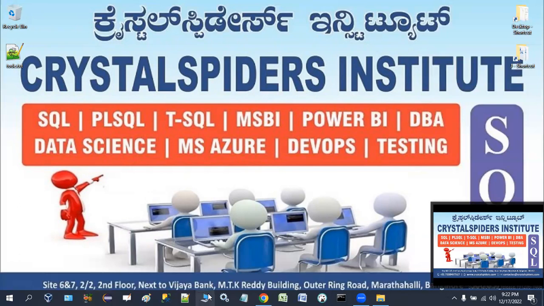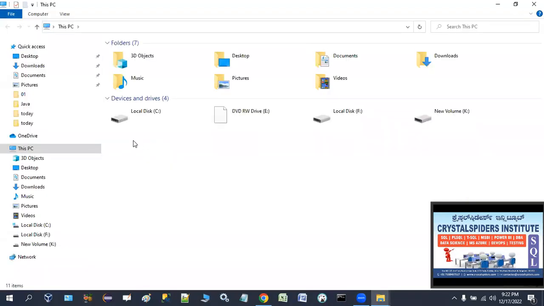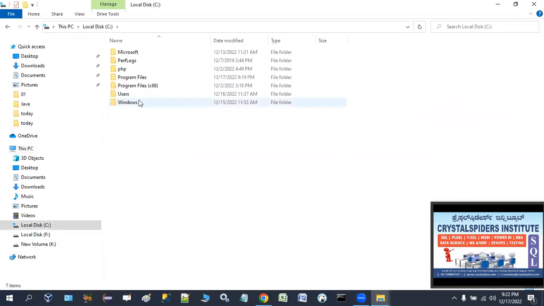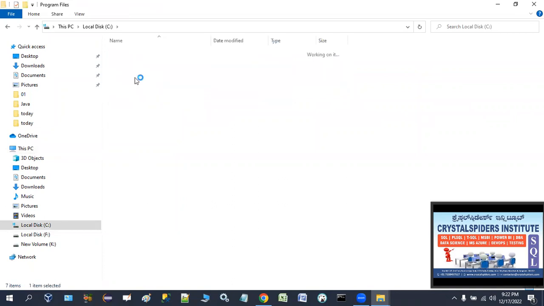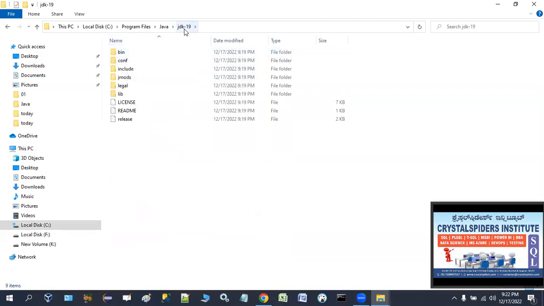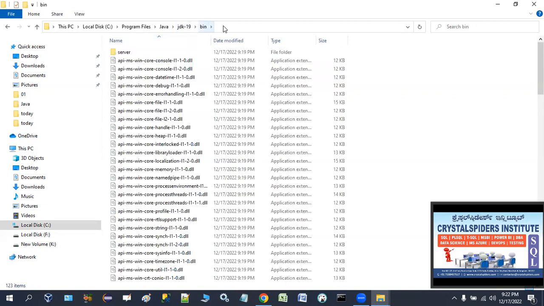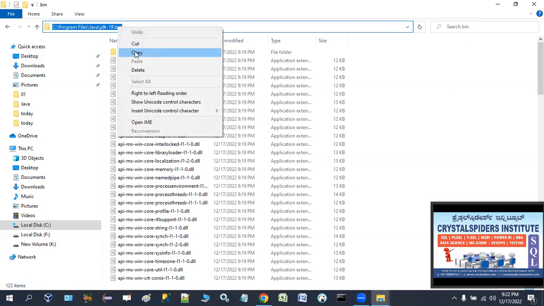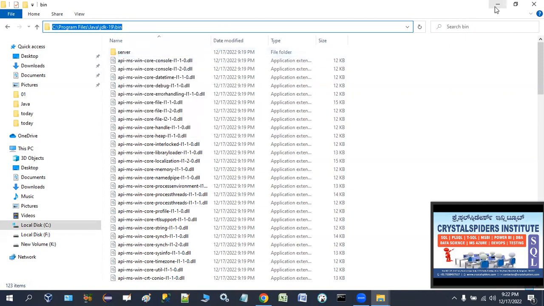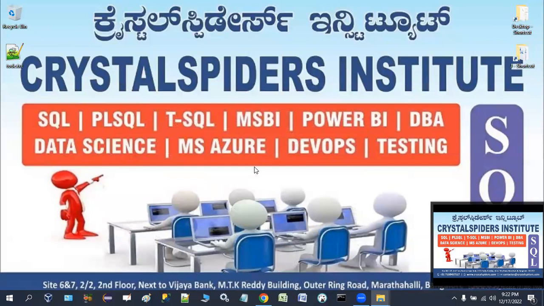So first of all, let's go to the folder where we have installed the Java software in the C drive, in the program files and the Java folder. And here these installation files are under the JDK folder. This is JDK 19. We have the bin folder and lib folder. We need to specify these two paths, the path for bin folder and path for lib folder, in the environment variables. Let's copy this one, guys. Otherwise, we need to specify this path for bin and lib folders every time